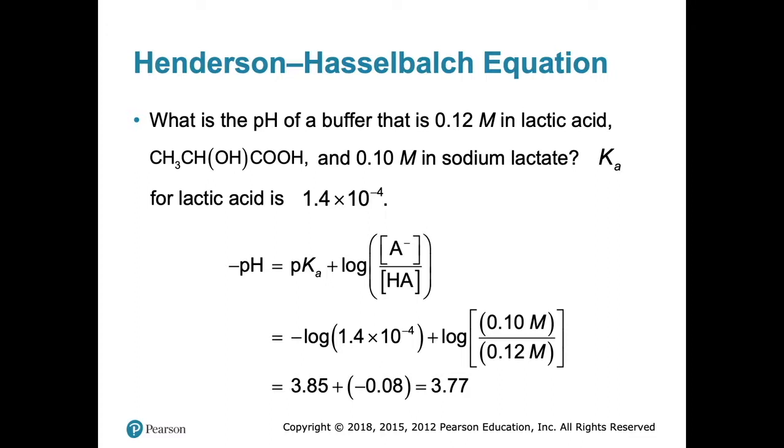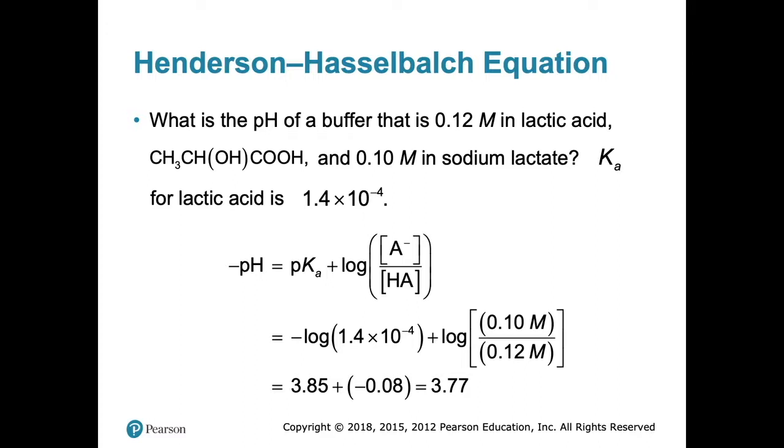What is the pH of the buffer? So it's really simple, right? Because you're usually given a Ka, or you can find it in a chart, okay? And then you're given the acetate concentration, which is 0.1, goes at the top, right? And then you get the initial concentration of the acid, which is 0.12, put it at the bottom, right? And then all you have to do now is go